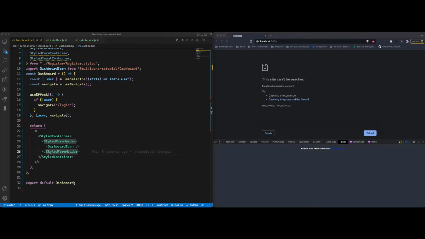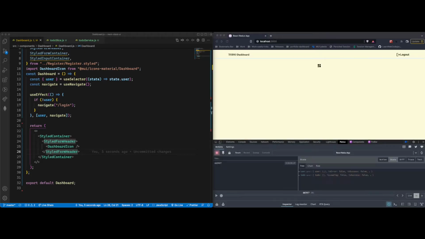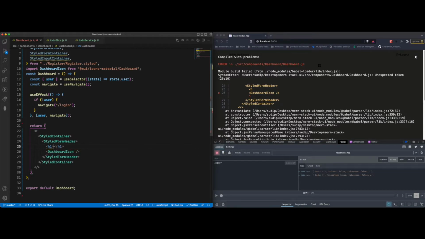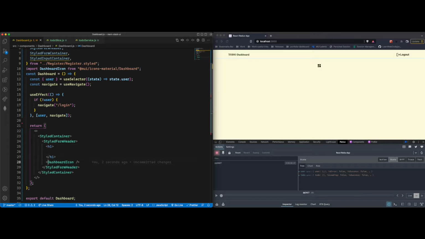Alright, now we added that icon. Okay, there's our icon. Now inside that icon, oh, you know what? I need an h1 tag here before even adding the icon, because I want to have a welcome message for the user. I would still need this icon. I'm gonna move this inside this h1 tag,